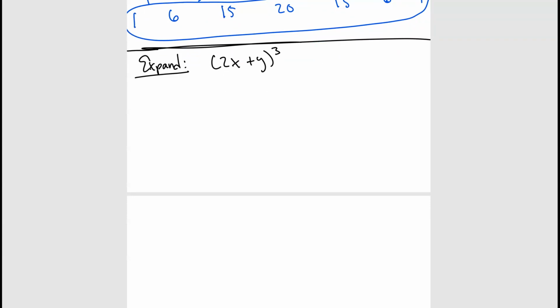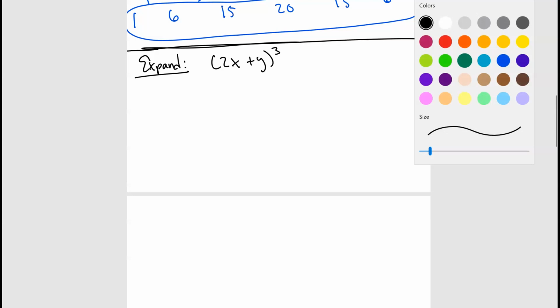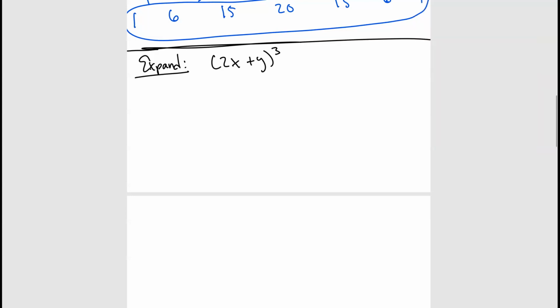Now notice there's a 2 there. So what are we going to do with that 2? All we're going to do is now this whole thing is going to be my new x. So this whole 2x is going to be raised to the power of 3, then 2x raised to the power of 2, 2x raised to the power of 1, and then, you can write it if you want, 2x raised to the power of 0. That way you don't lose your